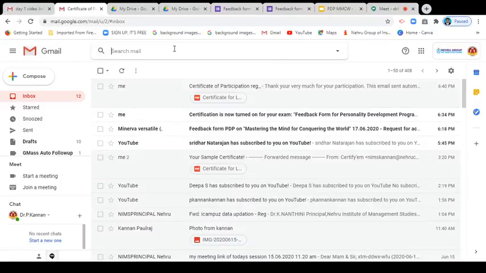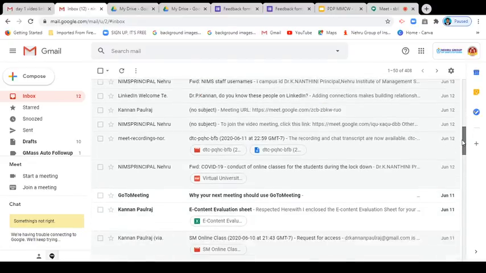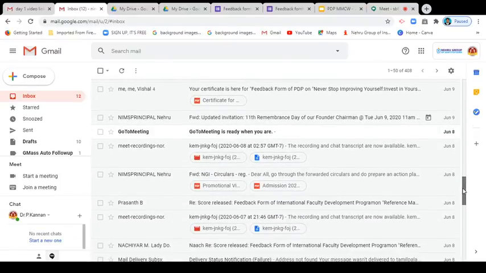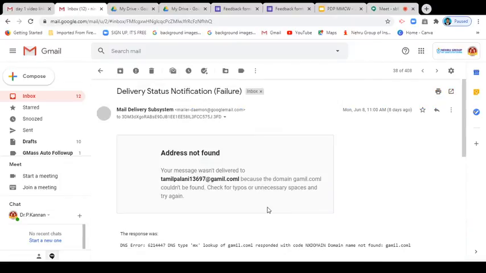Repeatedly, most of the people commit mistakes. Yes, they mistype their mail ID. I will show some of the failure notices. See the mail delivery failure. Here, this is not the mail ID, it's a failure notice. See what mistake that participant committed. Instead of gmail.com, they mentioned gmail.coml. What happened? It never accepts the mail ID, and automatically it comes as a failure notice.